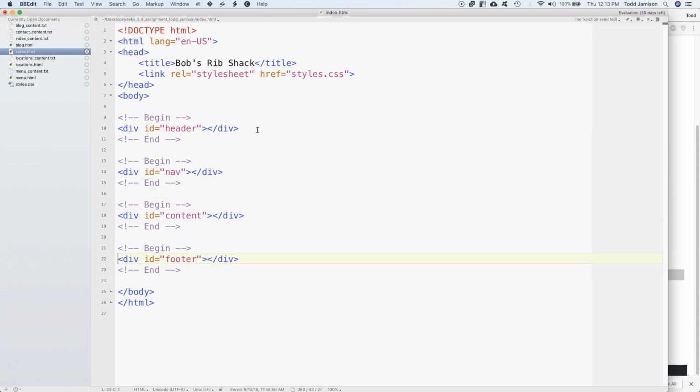You don't have to do this. I just do it because it makes it a lot easier for me to keep track of things. And the nice thing about this is that you always know where your divisions begin and end this way. Okay. So I'm going to say begin header, end header, nav, content,